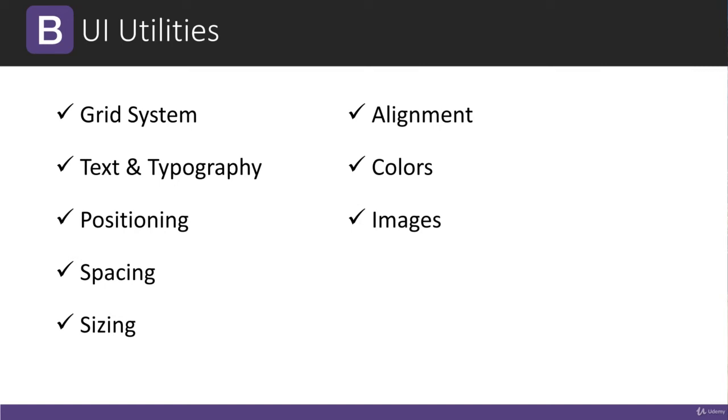We have image classes for fitting images in their containers, for making images circular, things like that. And then responsive utilities. So for instance, if we wanted something to only show on small screens or large screens, we could do that as well. And then we have shadow classes, we have different border classes, and a whole bunch of other stuff that you're